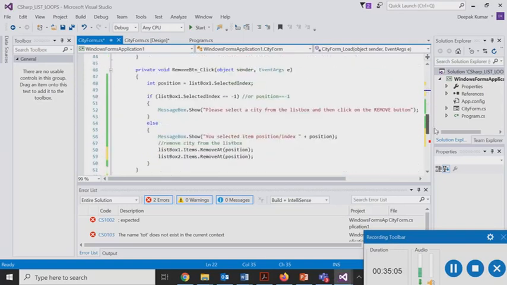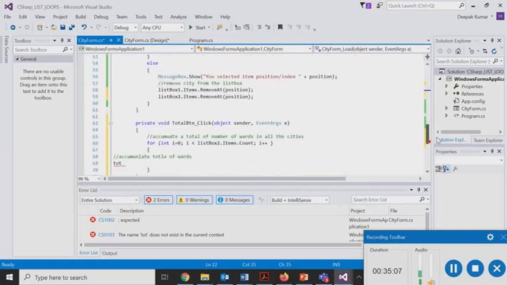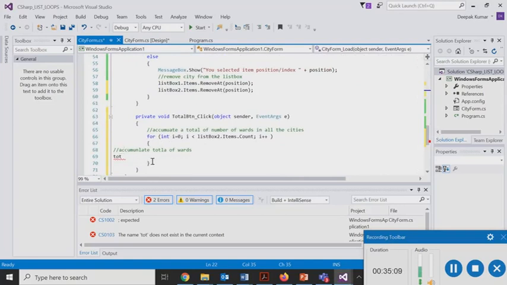So here we are, and we have obviously created a variable called total wards, and we will be saying total wards is equal to total wards plus whatever the items are in the list box.